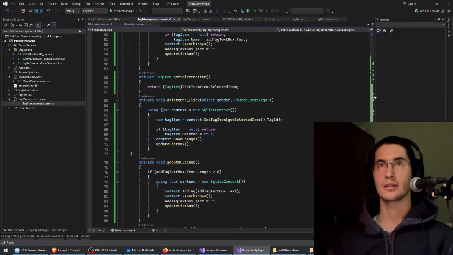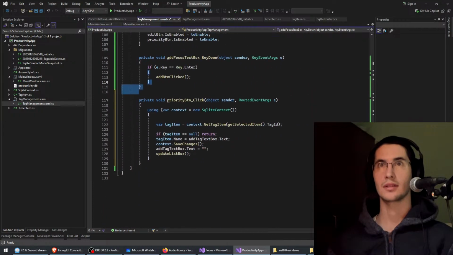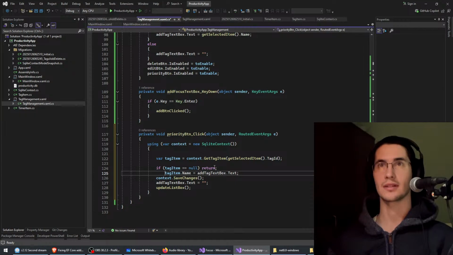Why did it paste like that? We want its priority to be the opposite of